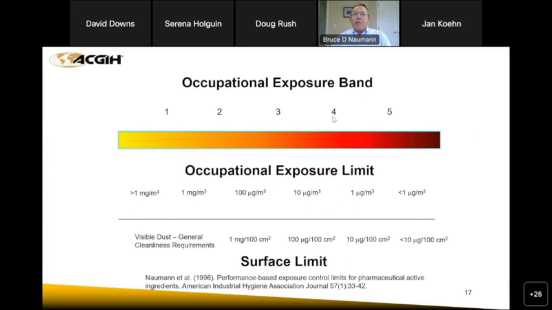And notice that OEB 4 and 5 here are less than a microgram per cubic meter, at least in the pharmaceutical industry. And the systems that David was talking about kind of stop at about 10 micrograms per cubic meter. So yes, you're seeking expert advice when you're going below here. But it just shows that in some industries, and I'm sure there are industries out there that have compounds, we certainly have TLVs that are down in this range too. So hopefully, it does look like it's being genericized and could be expanded to any industry. The concept is good.